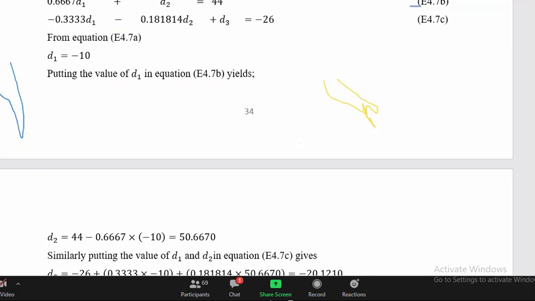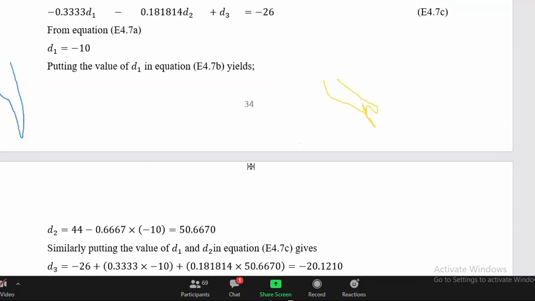So I just want us to calculate the values of D1, D2, D3. All right? If you put the value of D1 into there, you have the value of D2. Okay? The value of D2. All right? Then, okay, the D2 is 44, sorry. So it's 60 times D1 times